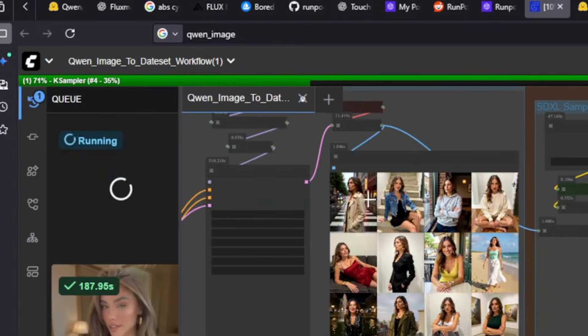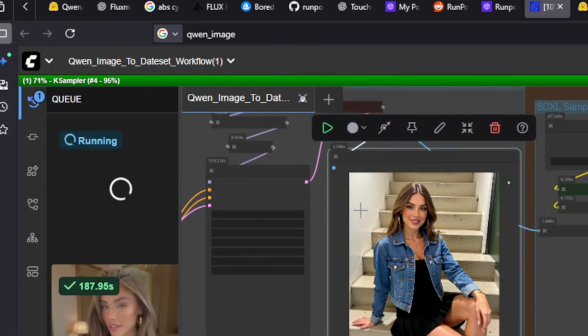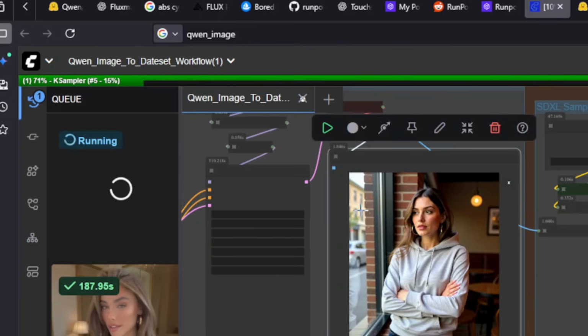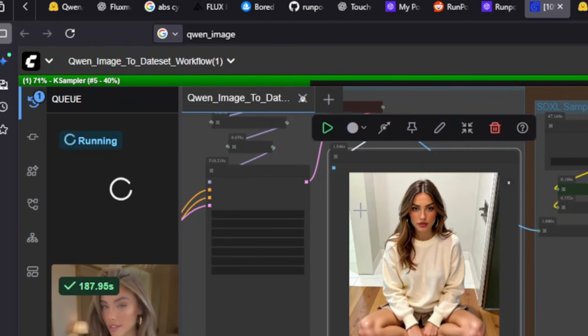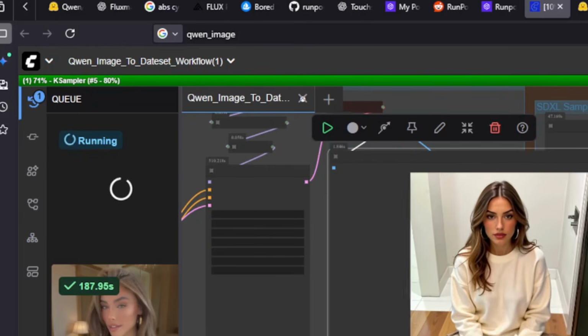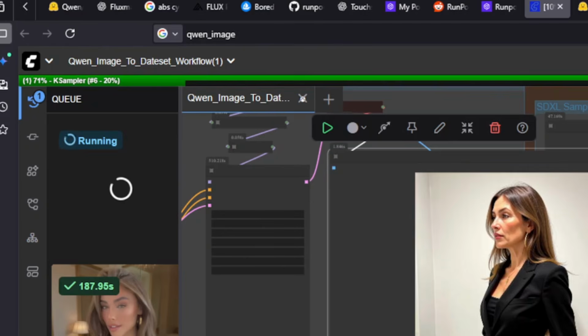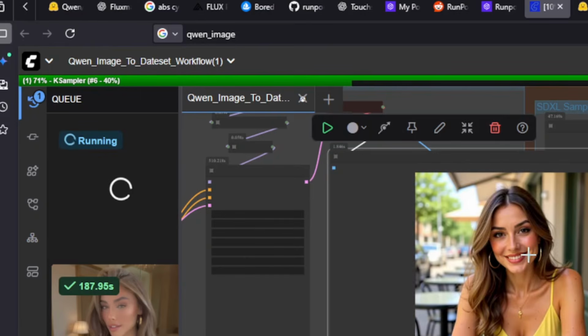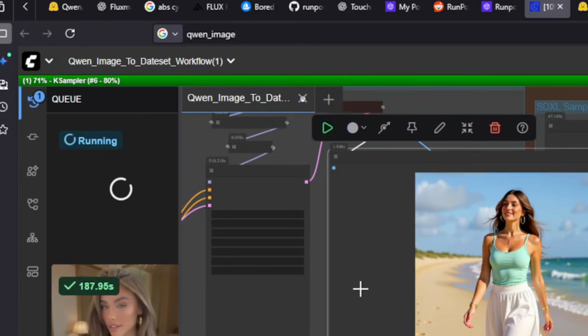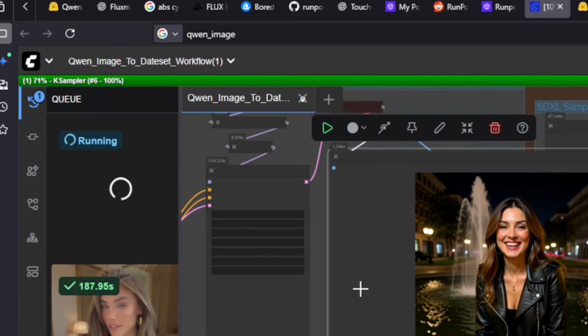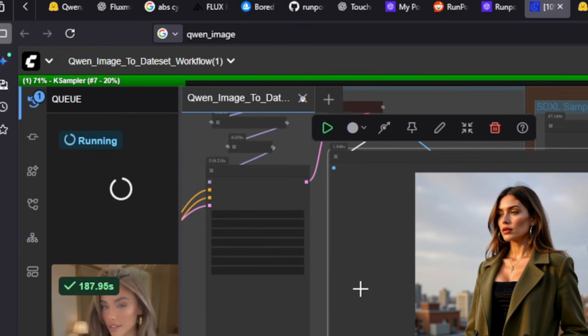So we have a big little image set. We have 12 images here, and the prompts did stay pretty much the same. I haven't edited them much. The poses do change depending on the input image. As you can see, these are a little around. They really do well. Sometimes she's a little older here, and sometimes it gets them off. But I see that this is such a great way to make consistent characters, and they're beautiful every time.